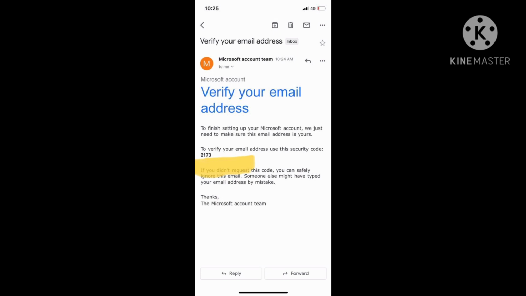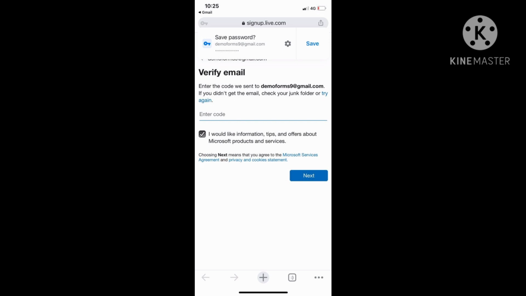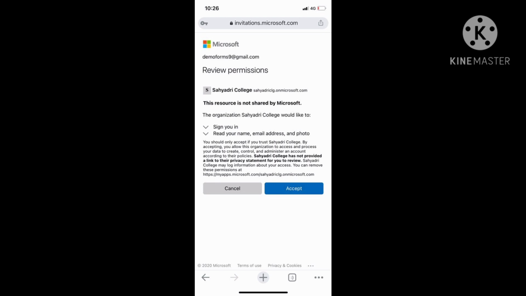Once you enter this particular 4-digit code, okay, you will be redirected to another window. That is, this is the thing. And then what happens is, you might be getting a message, or else you might be getting an image. They might ask you to rotate. The image might be upside down. You have to rotate it and you have to place it in the right direction.